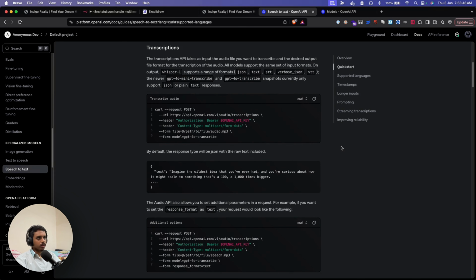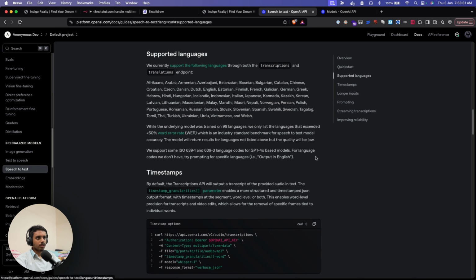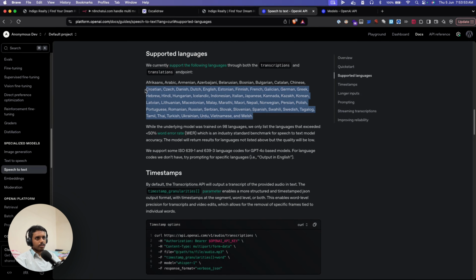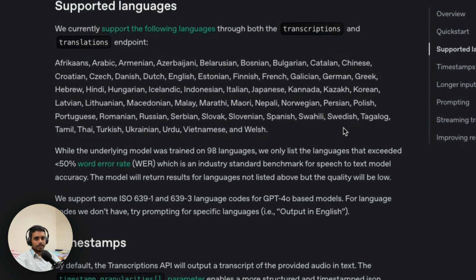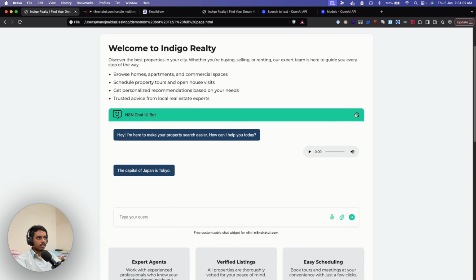If you also want to support other languages, then you might take a look at this supported languages section, where it lists all the different kinds of languages that it accepts as input, and then it gives back the output. So if I just talk a little bit in Portuguese, let me try that. Como estás? That means hello, I believe, in Portuguese. Let me just wait for it. Okay, it came up with this response